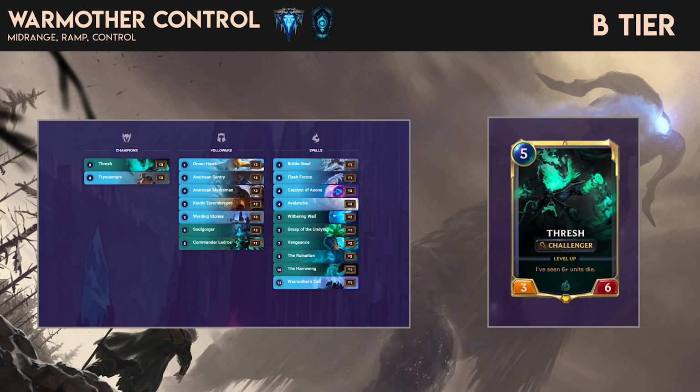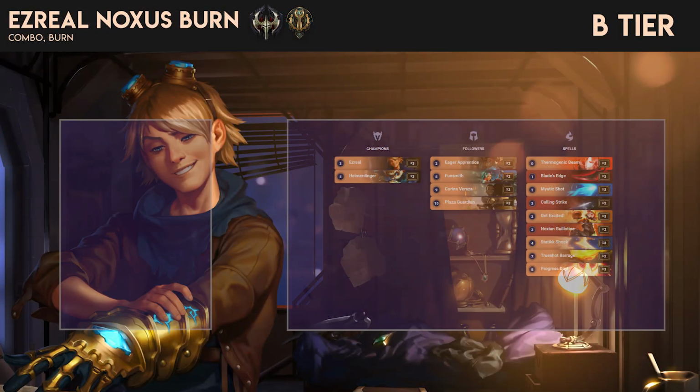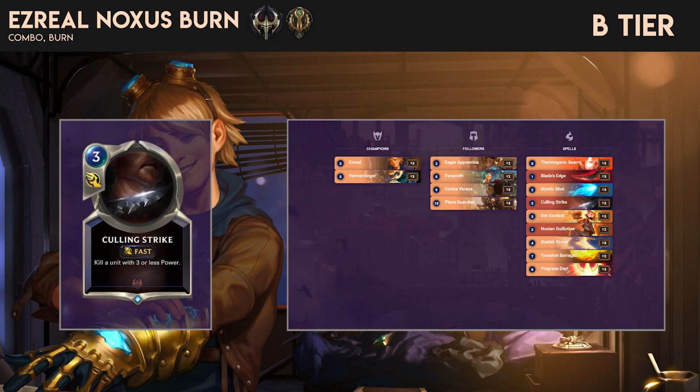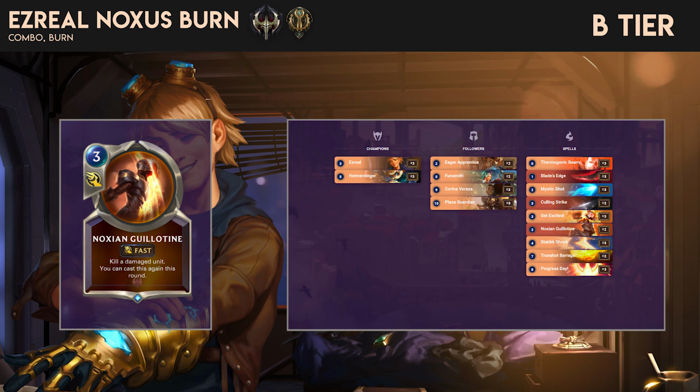This list is a solid B tier in my opinion, even with the nerfs, and has mainly been getting away, I think, with the super high win rates that people have been talking about due to an immature metagame. A flipped Ezreal is extremely potent in conjunction with burn effects, as he essentially just adds damage to them. By comboing with Noxus, Ezreal gains access to Blade's Edge, Culling Strike, and Noxian Guillotine, all of which are fantastic